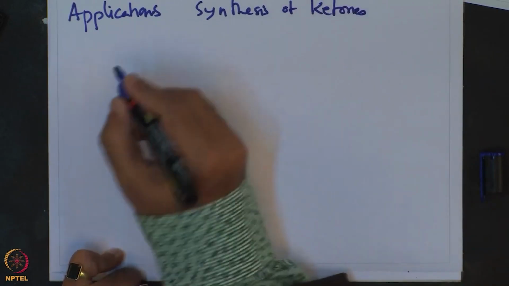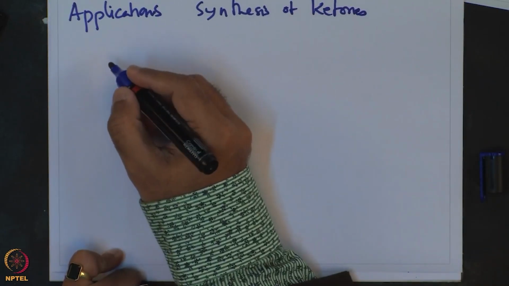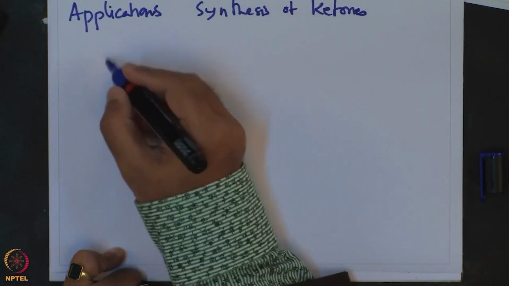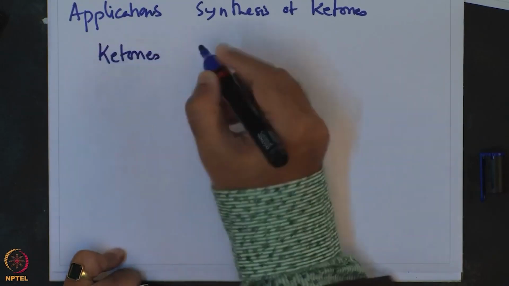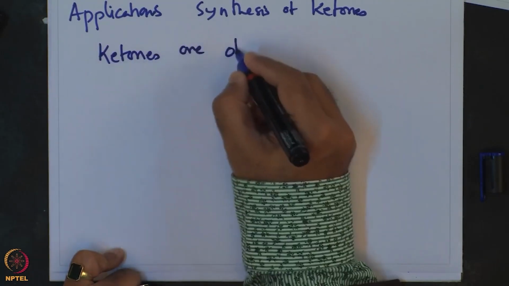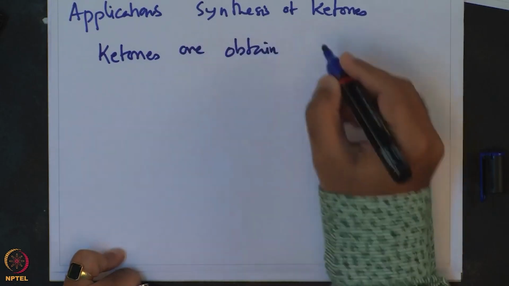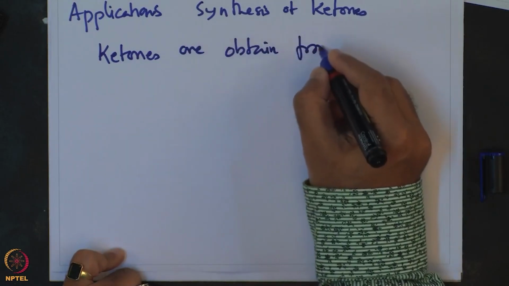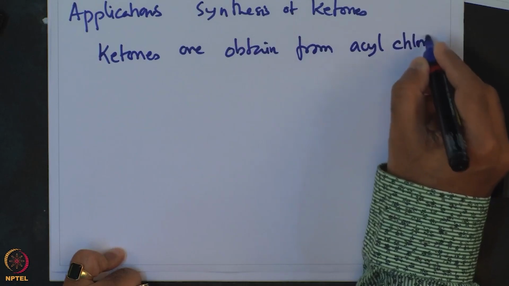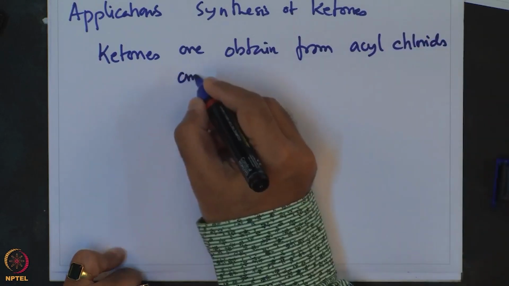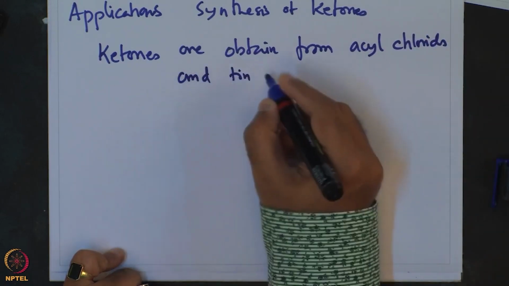With acyl chloride, ketones are obtained from acyl chlorides and organotin reagents,